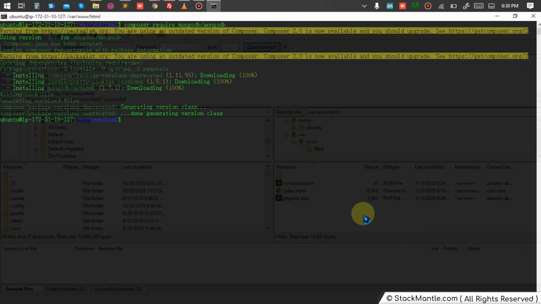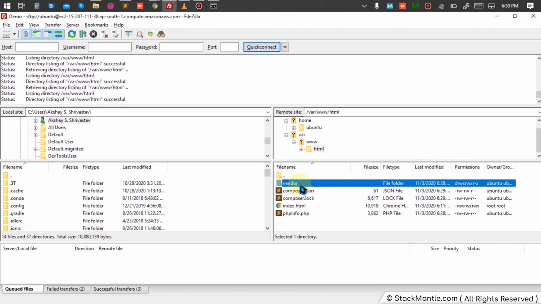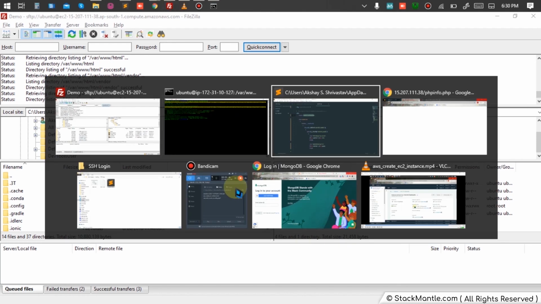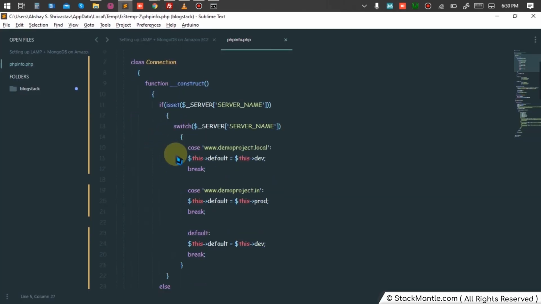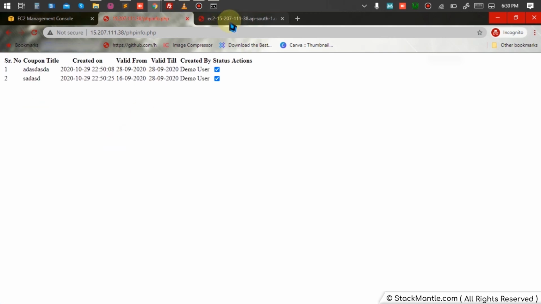And you can see that it is installing, right? It shows that the installation is done, which means now I have a vendor folder. Now I have an autoload in it. Okay, now this autoload is being loaded over here. It will do all the jiggles and juggles and get me the connections, and once I refresh the page, it will pick up the data from the MongoDB Atlas and it will show, hooray, we have connected with MongoDB successfully.